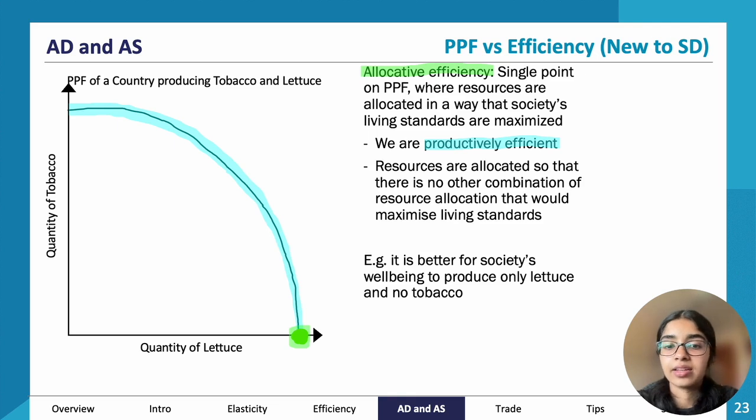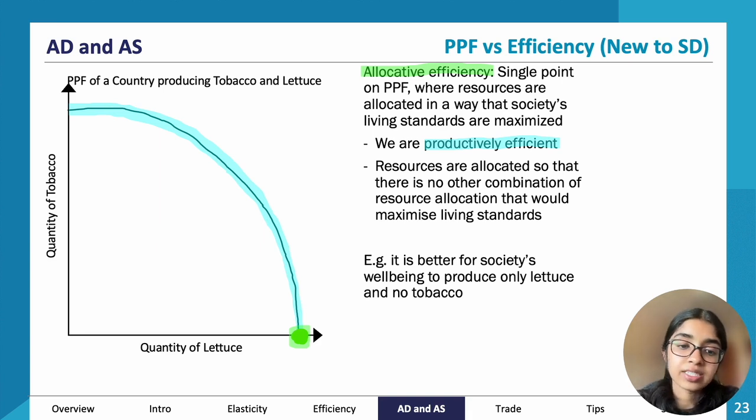Next, we'll talk about allocative efficiency. So allocative efficiency is at only a single point on the PPF. So this single point is where resources are being allocated in a way that maximizes society's living standard. So firstly, we already assume that we're achieving productive efficiency. And secondly, the resources that we are using to produce the goods and services are producing goods and services that are good for society, that will maximize its well-being and maximize its overall living